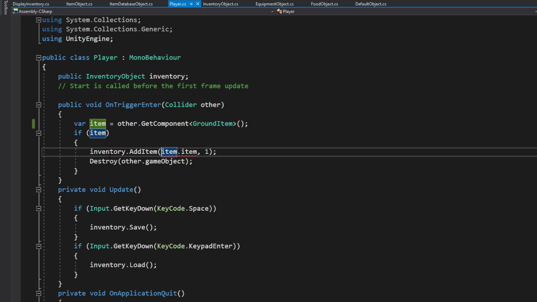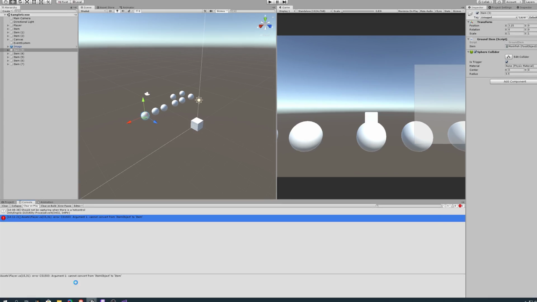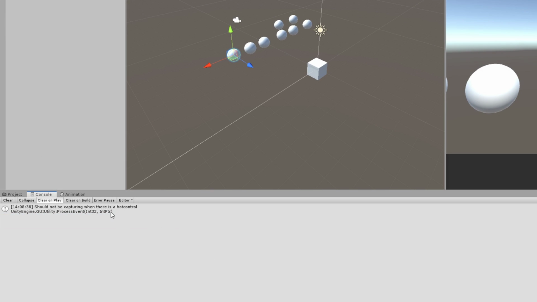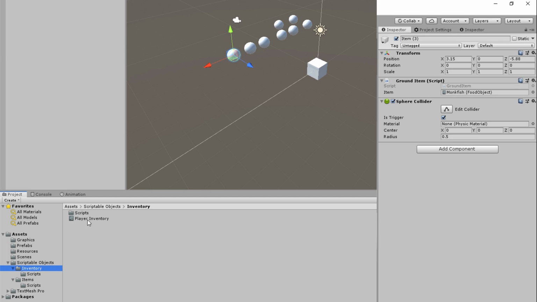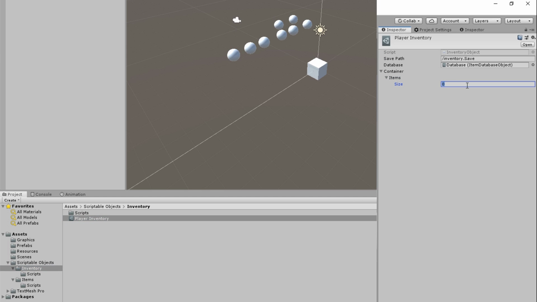Inside your player class where it says inventory.addItem, item.item, let's change that to say new item, item.item. Find your next error. And there isn't one. So now if we go to our inventory object, you can see if we create